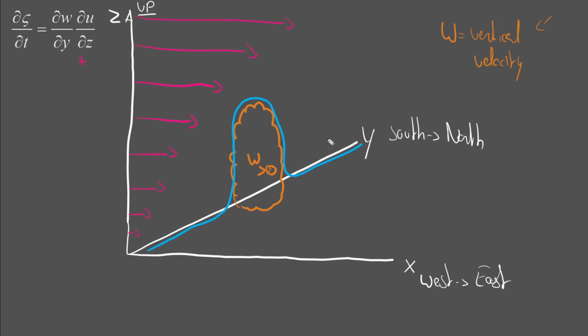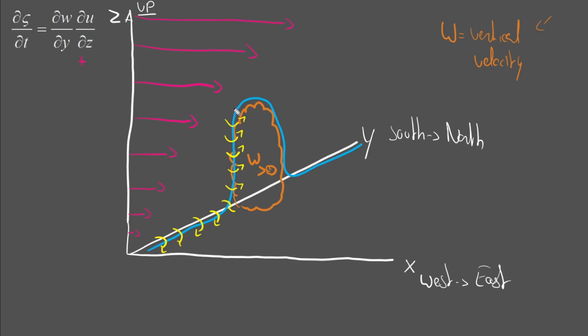Why is that? Remember our tilting term? The tilting term says that we want horizontal vorticity tilted into the vertical, which is exactly what this thunderstorm is doing. We have a flow here, we have our tube here, which let me draw my vorticity vectors again. You have a tube here, du dz is positive throughout the whole depth of the atmosphere, meaning that this tube here will start to exhibit rotation. But now the updraft, the thermodynamic updraft, is tilting this one in the vertical here,